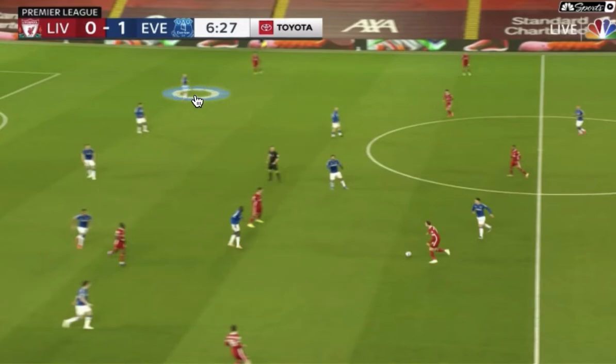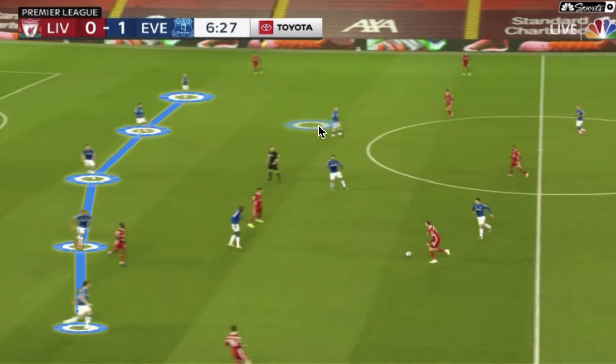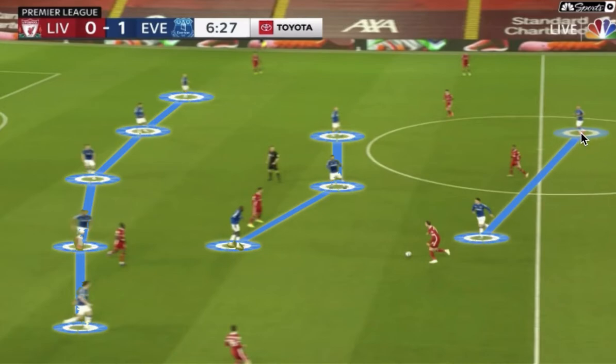So when Everton played deeper, closer to their own goal, they implemented a 5-3-2 with a slight midfield rotation to create a right wing back so that they could defend the widths of the field through their five-man back line better and control movements from Salah and Robertson or Mane and Trent Alexander-Arnold, whoever the Liverpool players occupying the wide areas were,